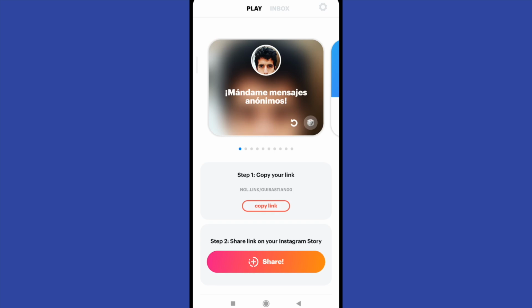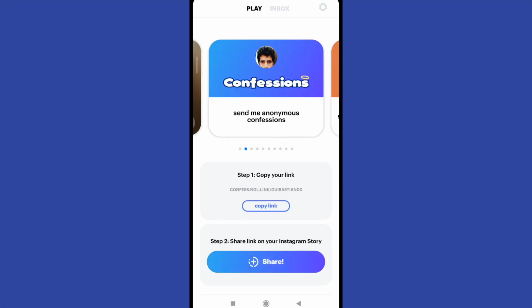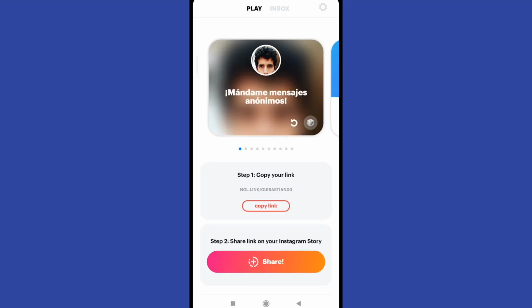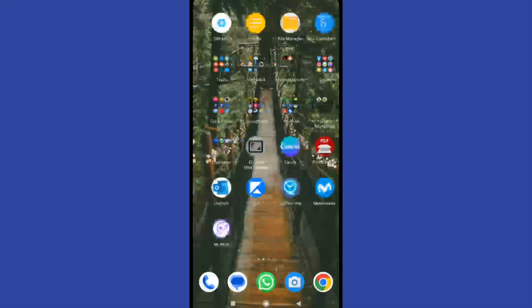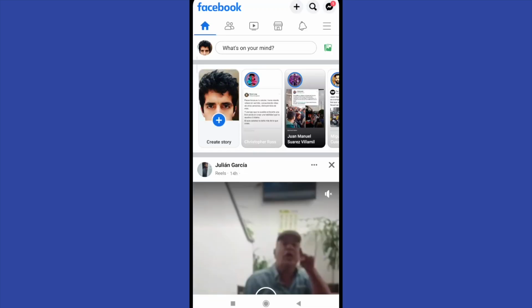Then when the app has recognized you, you can select different options like confessions or rate me, whatever you want. For now I'm going to select send anonymous messages and copy the link here, and now I have the link. What I have to do now is go to my Facebook, click on the three horizontal lines on top,